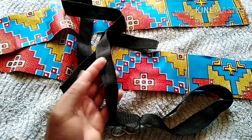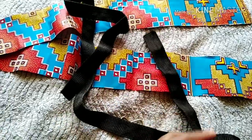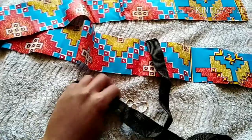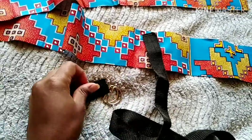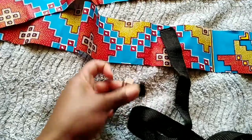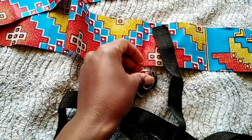And this, apart from using it for reinforcement, you can also use it as a piece to make a belt. Like, you just put them... Kwanza, this one is like the standard size. It's 1 inch. So you just put it through the two D-rings. And